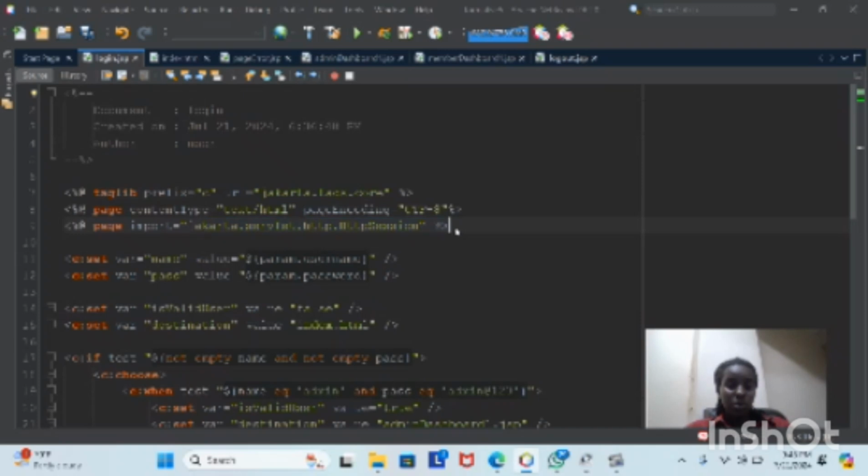in order to manage sessions, and here I'm using the c:set tag and creating a variable name to get the parameter of username. This username is from the request from the form, so I'm getting the data from the form and storing it in this variable called name. Same here for password, and I'm also setting the variable isValid and setting its default value to false,